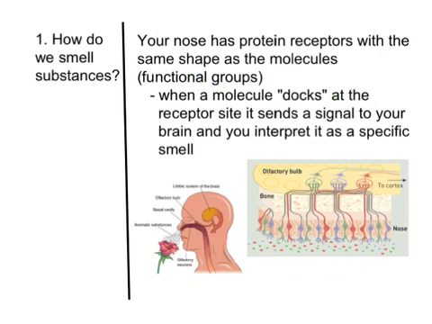The second part to smell is super simplified, but basically your nose has protein receptors in it with roughly the same shape as the functional groups within the molecules. So when a molecule docks at this receptor site, it sends a signal to your brain and you interpret it as a specific smell. For example, if we take a look at this picture, we have somebody smelling a flower, right? The aromatic substances, those molecules,